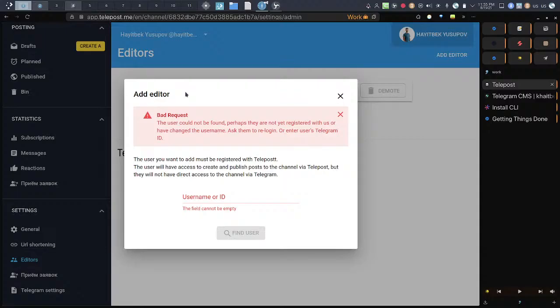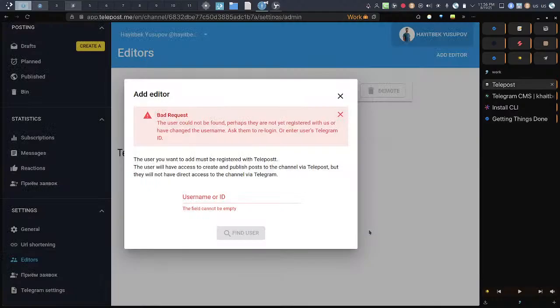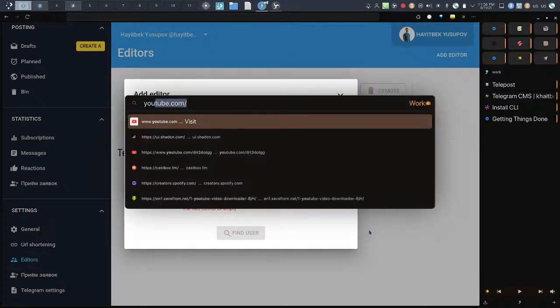I can have a super admin who manages when to publish all the content, and I can have other editors who can manage content but who cannot publish the content to the channel, for example. I want to have that kind of experience. So, user management with roles and permissions, we can say. I wanted to check out